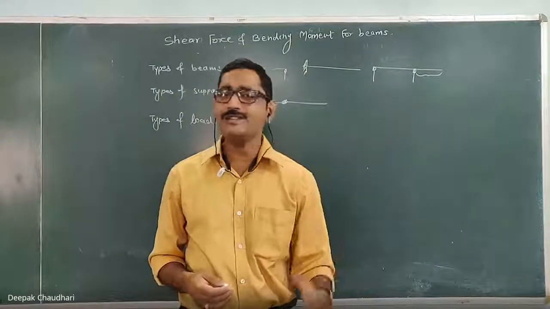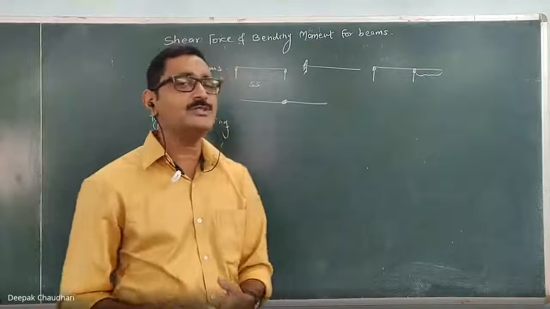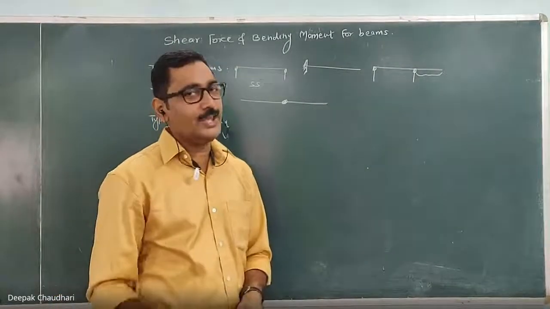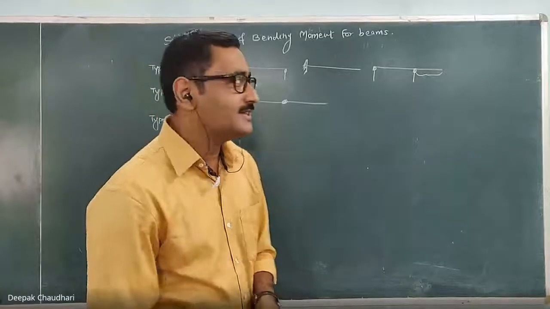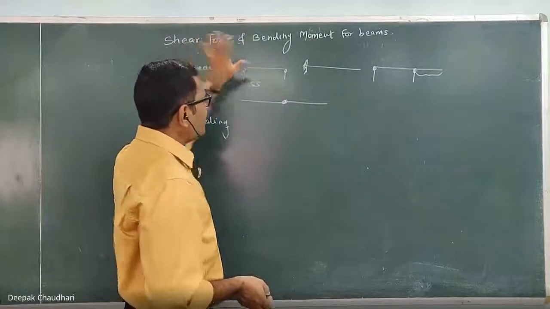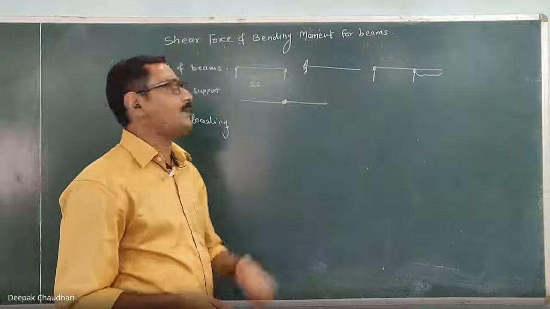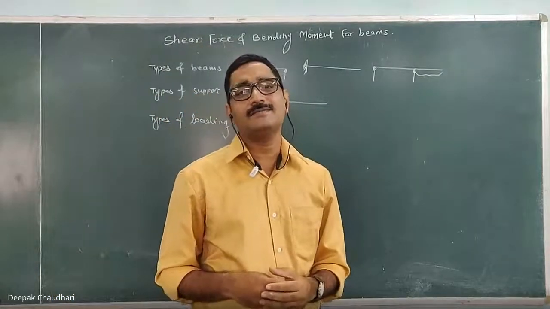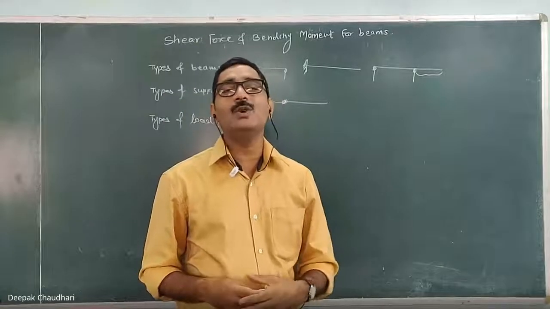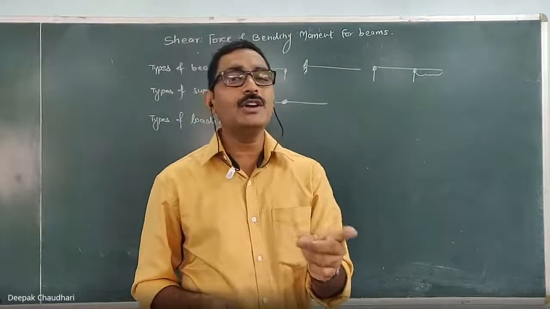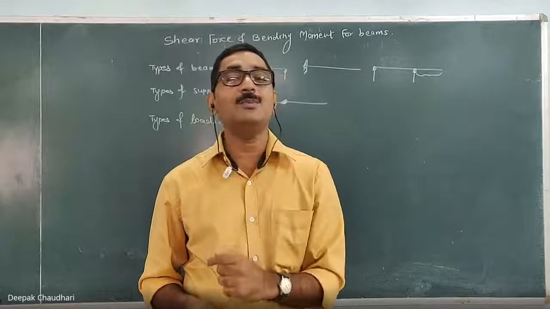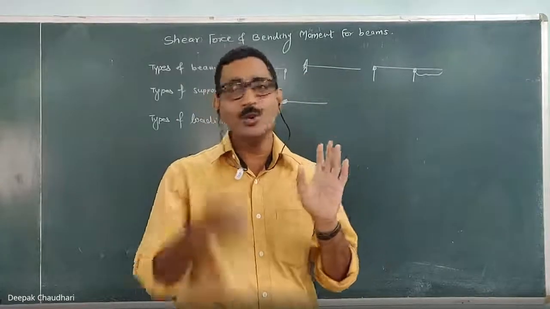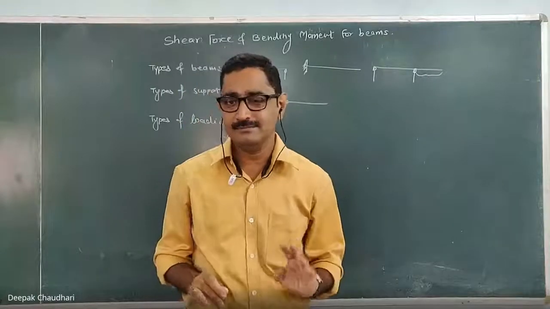All of you know what this is, how to deal with this, how to convert them into an equivalent point load, and what will be the point of application of that equivalent point load. But one important thing in this lesson, while drawing the shear force and bending moment diagram, as well as while calculating the support reactions: personally I suggest that when there is a distributed load like a UDL or UVL, don't convert them into an equivalent point load physically. Mentally you have to think that way only, but no need to do it physically.